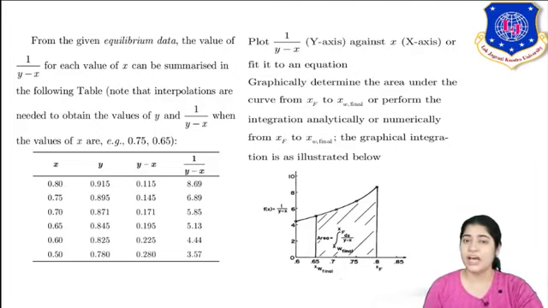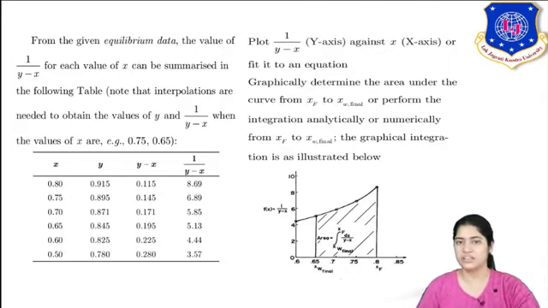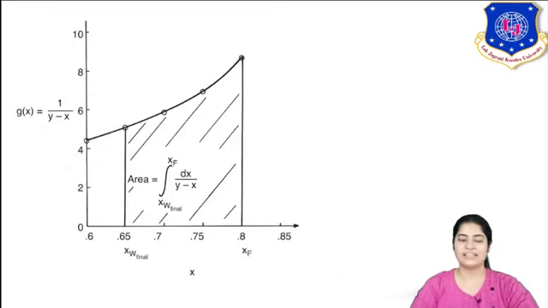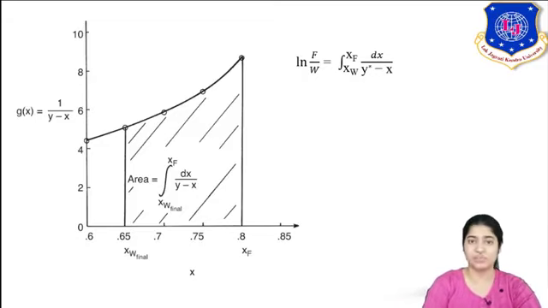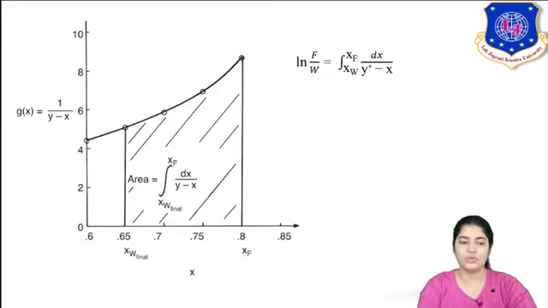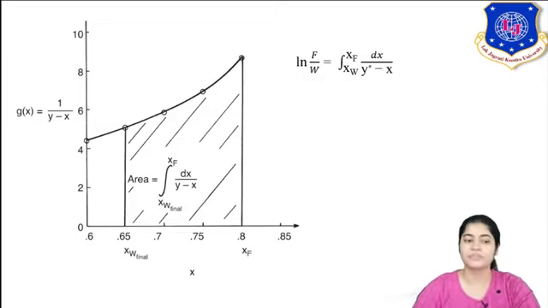Now here, the area under the curve from XF to XW, how much you are treating of your batch, from the feed XF to the XW condition, how much I have separated out, that is the area under the curve. So the RHS, the integration of XW to XF dx upon Y star minus X, is the area under the curve, and that is equal to ln of F upon W. Graphically, how you can solve the questions we will see in the example also.